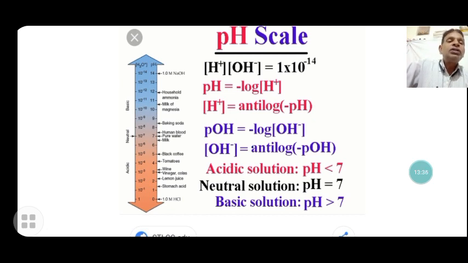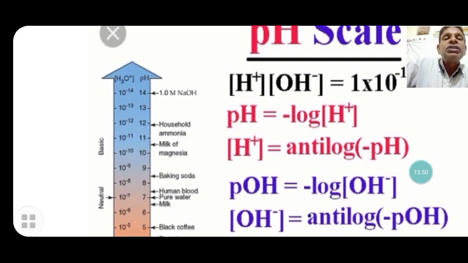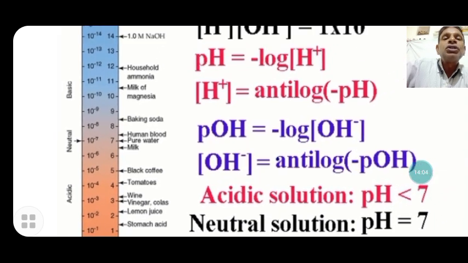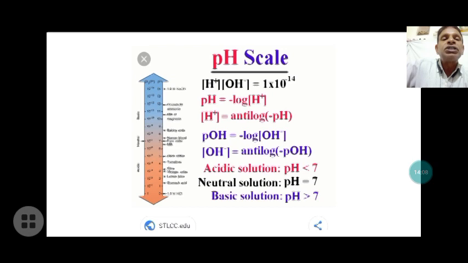Acidic solution pH is less than 7. Neutral solution has pH equal to 7, and the basic solution pH is more than 7. Here given a slide, some solutions, that is the sodium hydroxide concentration is here at 1 mole, the pH becomes 0, sorry, it becomes concentration is 0. In the beginning here, various, in the next slide it is clear.